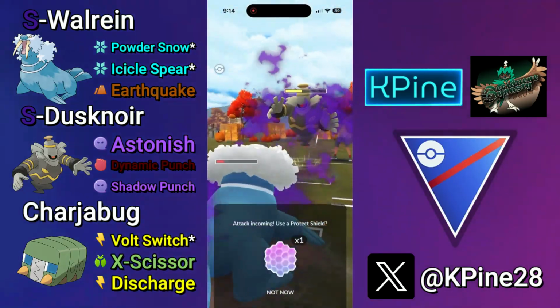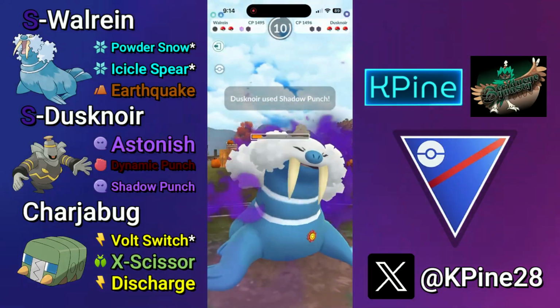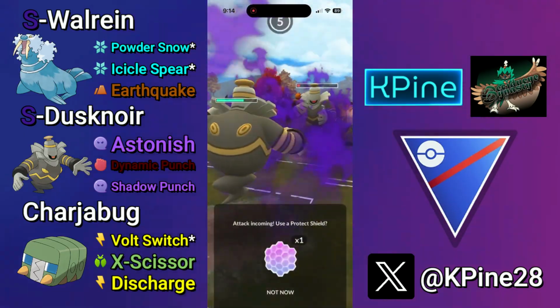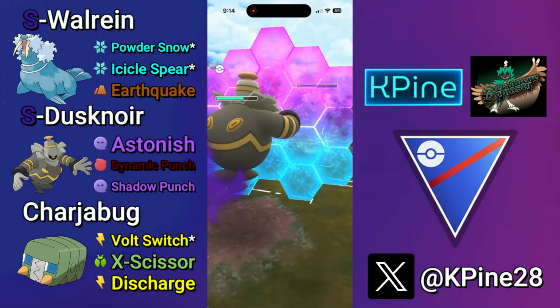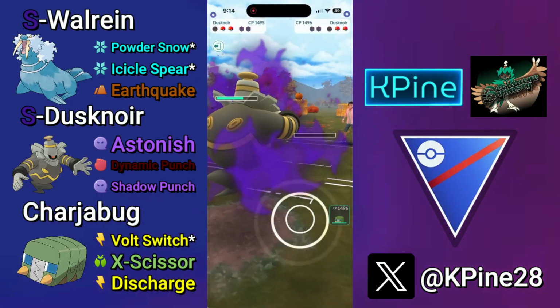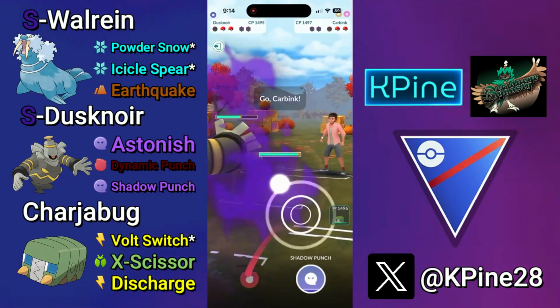One more Powder Snow, and then the move, since it is good timing, gets their shield. And from here, I'm fine letting this go because if Charjabug gets on it later and they end up saving it, that's fine. Charjabug can handle it. But what most likely happens is when you come in with your own Dusknoir, they will reach a Shadow Punch, get your final shield, but now you get 3 Astonishes worth of energy. You end up taking around like